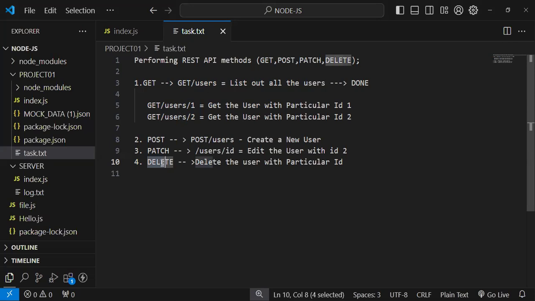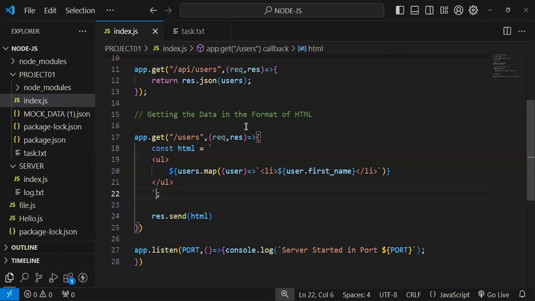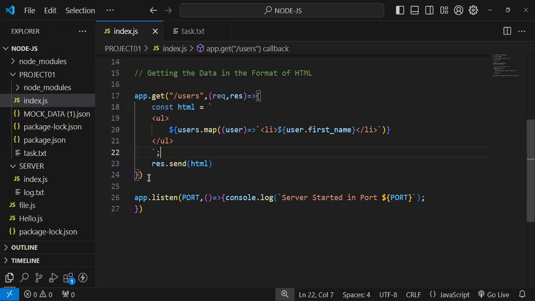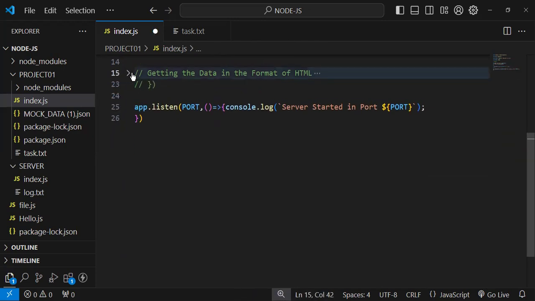Okay, so now I'm going to write the code for this task. Right, so let's see how to write those tasks. Again with the same. I think you all know how to send a response as HTML. So right now I don't need this thing, I have only done this for understanding purposes. Let's